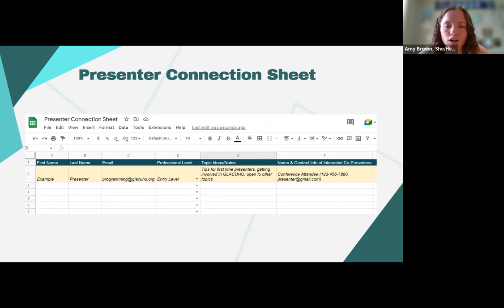And then here in column E, you can fill out any topic ideas that you have, or notes on what you're interested in presenting. But if you have no idea what you want to present on, that is okay. Still fill out this sheet, and just as I put in the example, you can say you're open to other topics, or you're interested in a wide variety of things, and you're willing to explore those options with